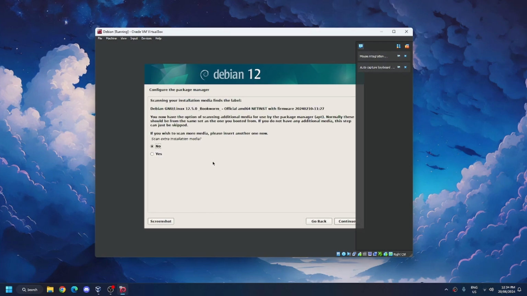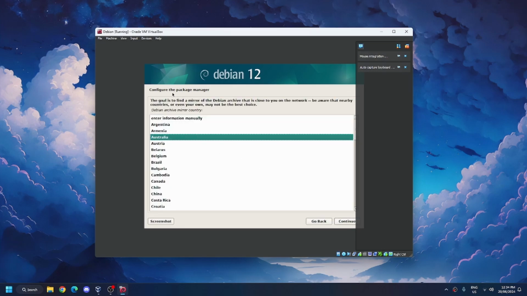Now from here, you'll be asked to install a bookworm if you want to, but we're not because, tutorial. But if you want to, you can just click on yes and it'll do an extra installation for it. But we're not doing that. We're doing the fastest route for this tutorial. Hit continue. Now this is quite important here because you are going to be choosing your region, and this is